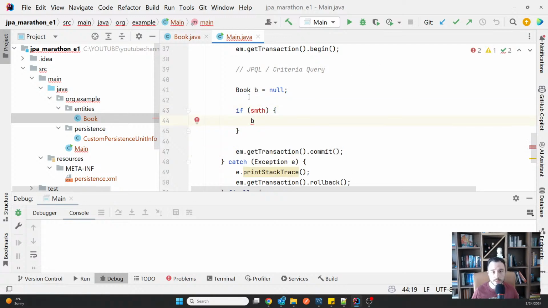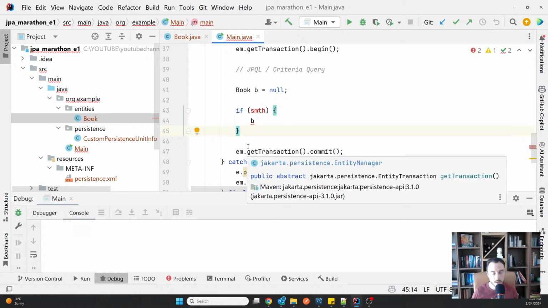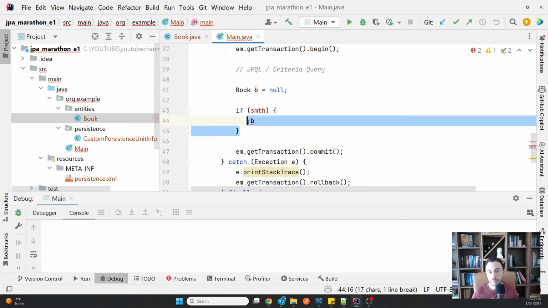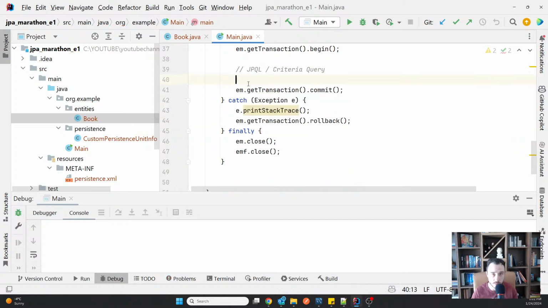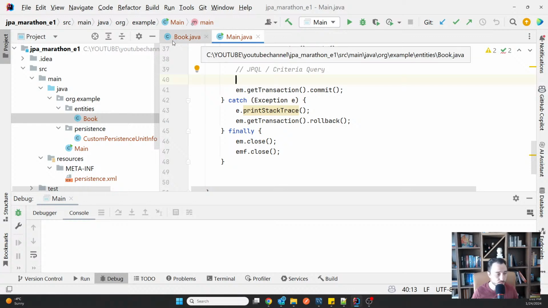Because you don't know if this condition will be true, it's better to use get reference here, so that the query for getting the book is used only if it gets through the if and not when it goes through the else route. While if you know for sure you will use the book, then you can simply use find directly. So that's basically it.